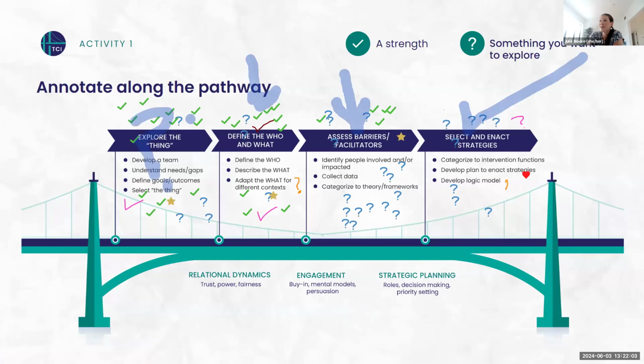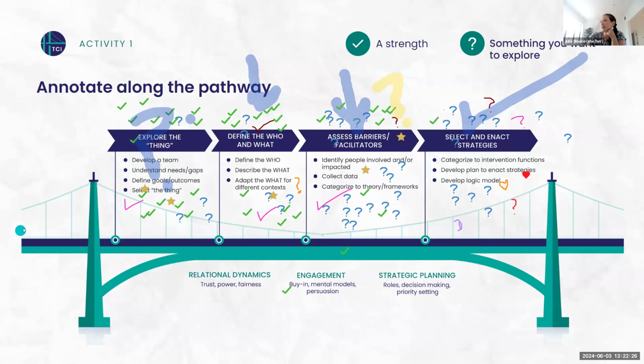Okay, well, I am super happy. It looks like along the pathway, it starts out with a lot more check marks and moves to more question marks as we move along. And I'm super excited because we sometimes make a guess about where we should spend our time. And we are going to spend a lot of time today on barriers, facilitators, and strategies. And that is where there are lots and lots of question marks. So I'm really excited about that.